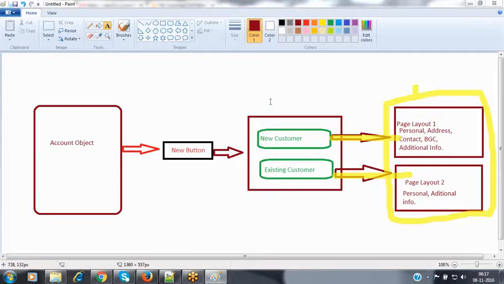Okay. Now, if I don't want intermediate pages, like if a user wants to open a page layout, can I go without the record type? Can a profile have a page layout that will work for us? See, you can prepare the page layouts directly also, but pick list fields you cannot differentiate. In each and every page layout, the pick list values will be the same, so we cannot differentiate the pick list fields.